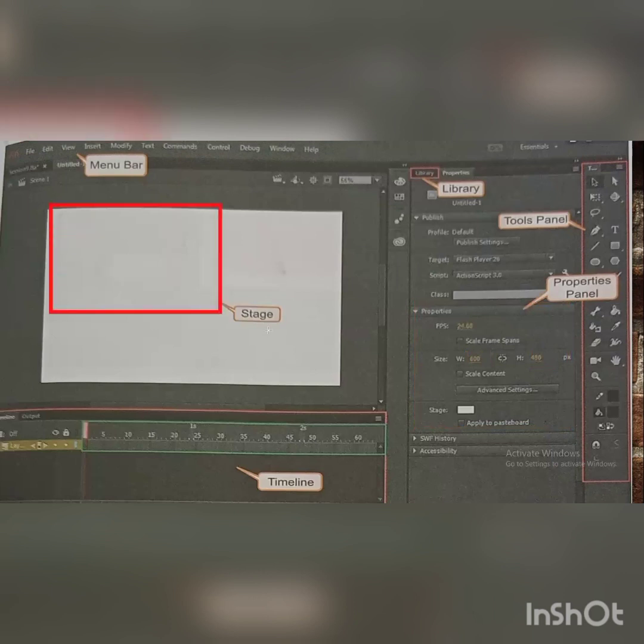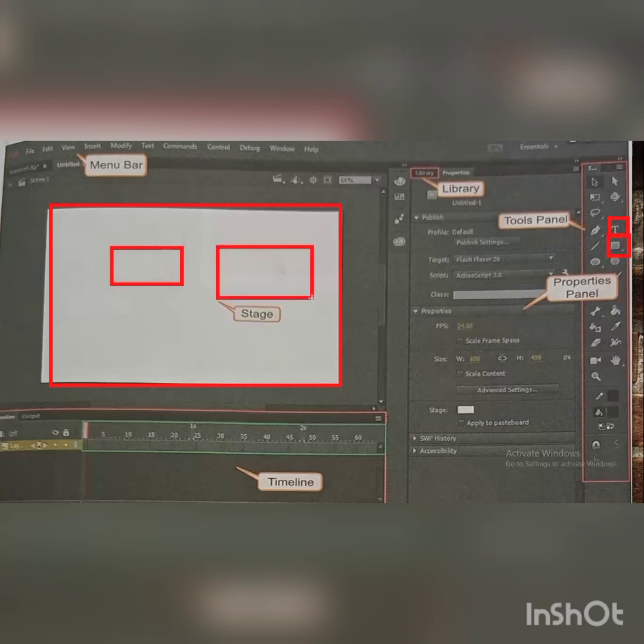This is our stage area. It is the white color rectangular box you can see here. It is a rectangular workspace where you can place any content. You can create your drawing. You can create your movie. For example, if you are taking any tool like the text box, firstly you will select it, and after that, you will draw it here. Same like that, if you have selected the pen or pencil or rectangle tool, after that you will draw it on the stage area. So whatever creation you do, that will display in your stage area.